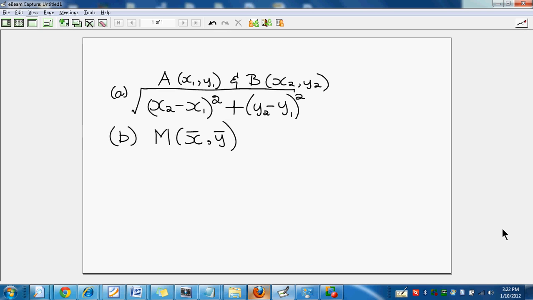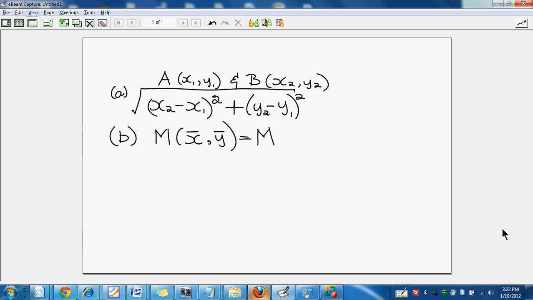The dash at the top is said in maths to be bar, so x bar, comma, y bar, where x bar and y bar, of course, represent the average of the x and the y coordinates, but I'll go ahead and explain here. The midpoint M, which is x bar, y bar, is equal to